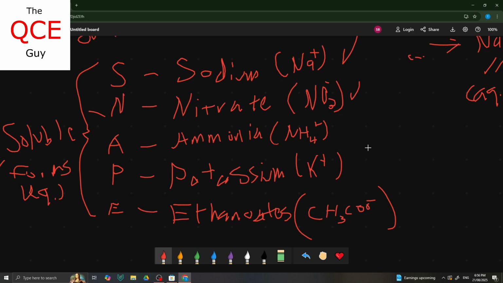However, I believe in the formula sheet that QCEGuy gives us, we have enough opportunity to go to the table, and there's a solubility table, so always check that over this rule. But for a general rule of thumb doing worksheets, and pretty much all of them, the SNAPE rule will work for everything, basically. And I hope that's enough in depth for you about how to convert worded equations to ionic equations and whatnot,